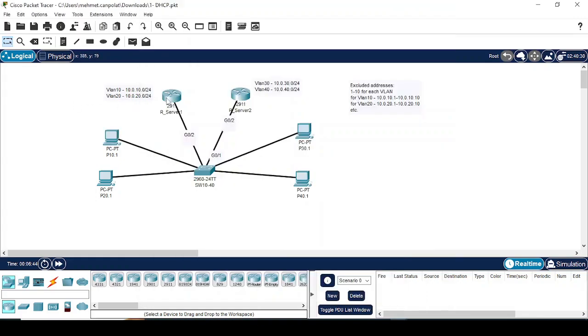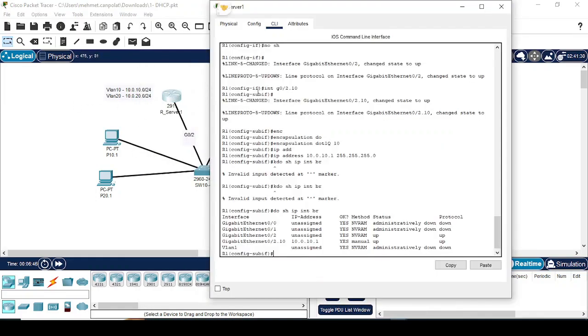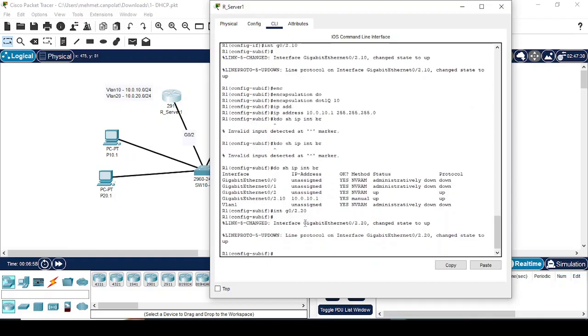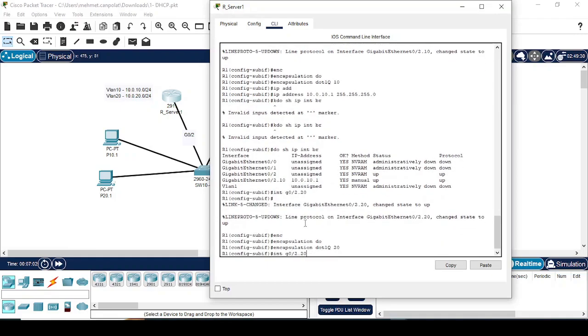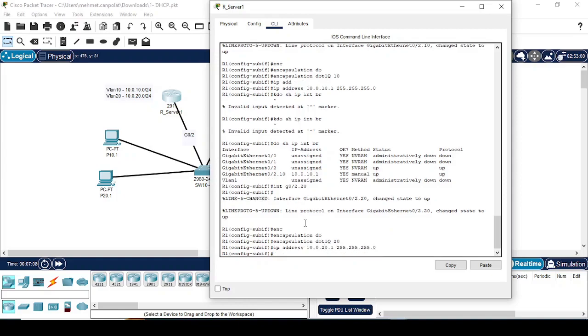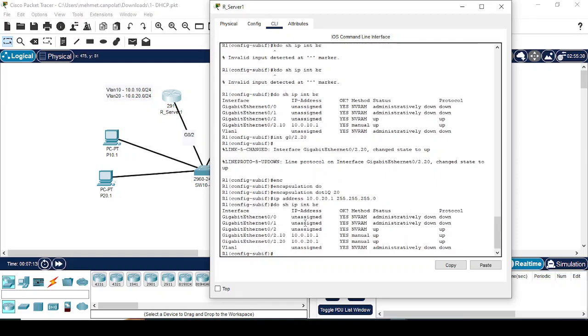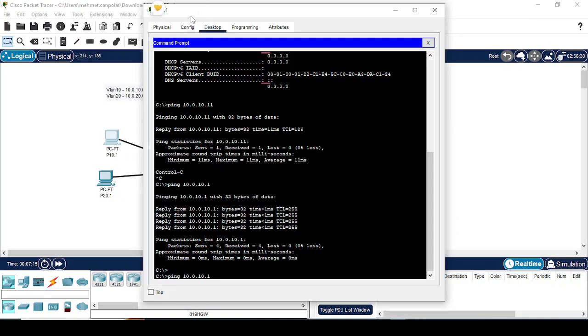It's working. And now let's go to the other sub interface. I'll make 20. Encapsulation dot1Q 20, and the IP address will be 20.1. Okay, this is also okay. Check the IP address, show ip interface brief, then go to